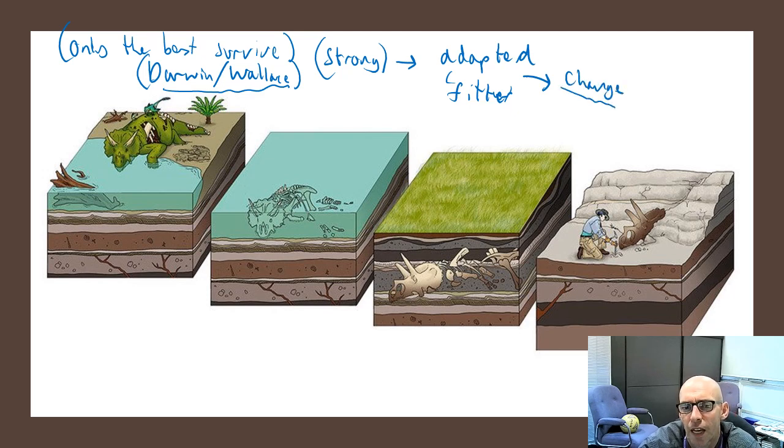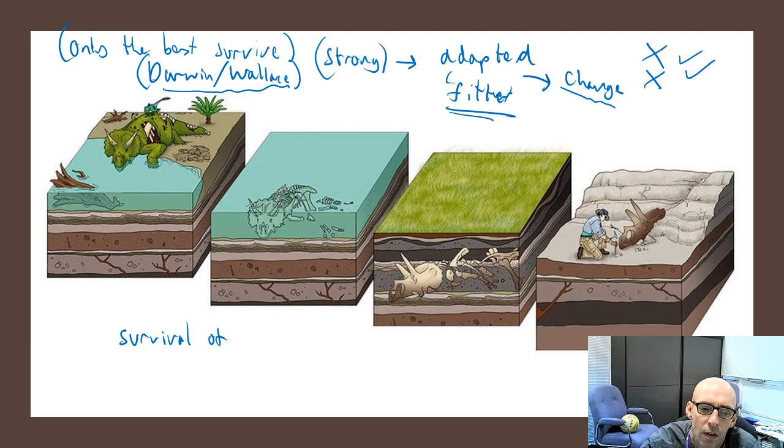It might be that you become better and better camouflaged. The ones who aren't better camouflaged die. The ones who are better camouflaged live. The fast rabbits who can escape from all the predators live. The slow rabbits who get caught die. And that's why every single generation animals get fitter. And the theory was survival of the fittest. And they're words from Darwin himself.